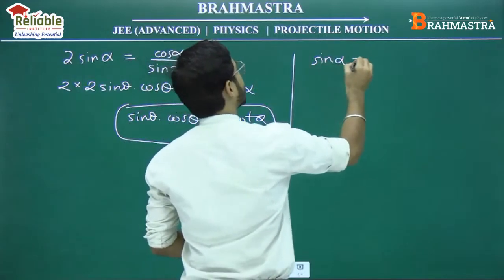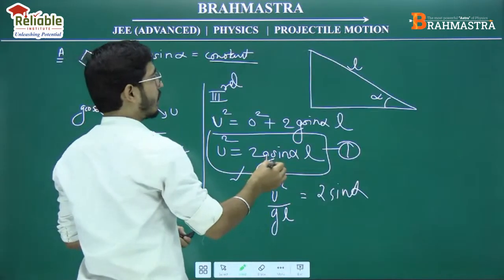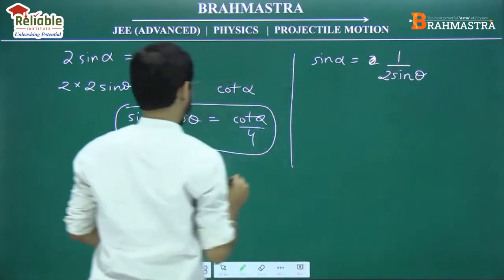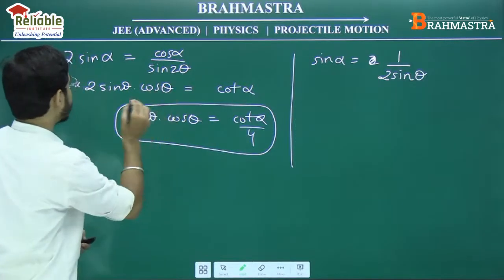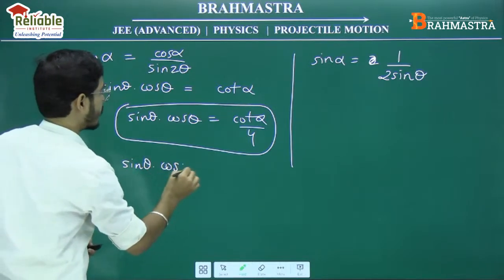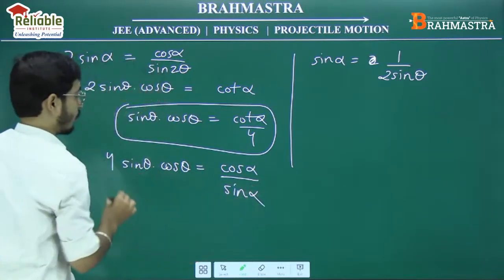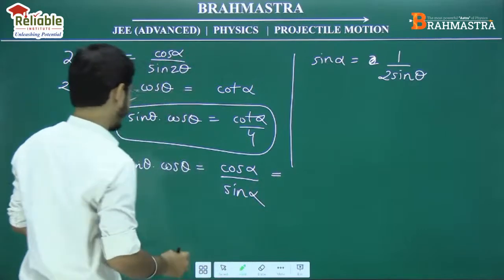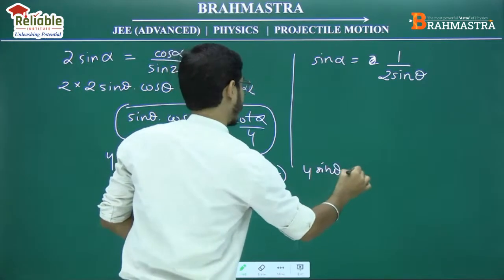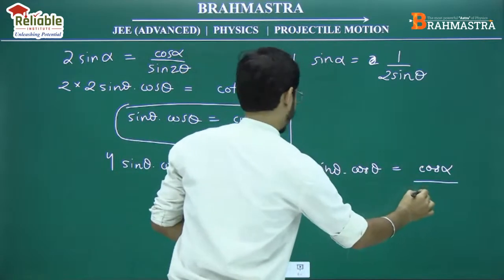एक और इंफॉर्मेशन sin alpha इज इक्वल्स टू 1/2 sin θ। देखते हैं, हम लोगों के पास पहले sin alpha का एक्सप्रेशन था ना, दिस इज sin θ, दिस इज cos θ, दिस इज cos alpha ओवर sin alpha इंटू 4। यहां पे sin alpha की अगर मैं वैल्यू डालूं गाइस, तो क्या बन जाएगा मेरे पास 4 sin θ इंटू cos θ इज इक्वल टू cos alpha डिवाइडेड बाय sin alpha will become,